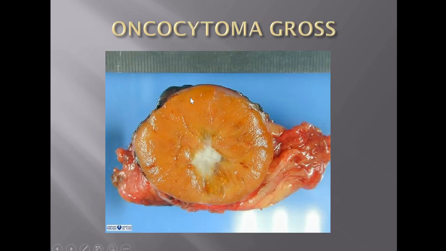So this is a gross picture of oncocytoma. If you go through your neoplasia lesson, grossly we can say it is a very typical benign tumor. It is well circumscribed. You can see very good margins over here, and it is generally round to oval. A typical cut surface will have a mahogany brown appearance. This orangish, reddish to brown color is referred to as the mahogany brown appearance, and they generally have a central scar.